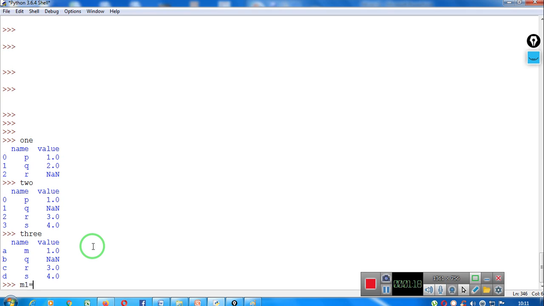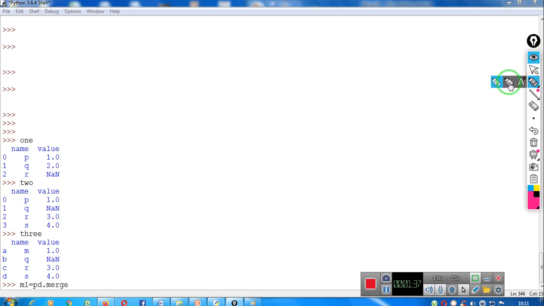So let's take a data frame object. I have taken M1 and pd.merge. I am writing pd because in the beginning I have written import pandas as pd. So instead of writing the full name pandas, I can write pd, which is an alias name that I have given earlier. So pd.merge is a function of pandas, and I want to merge 1 and 2 on the basis of